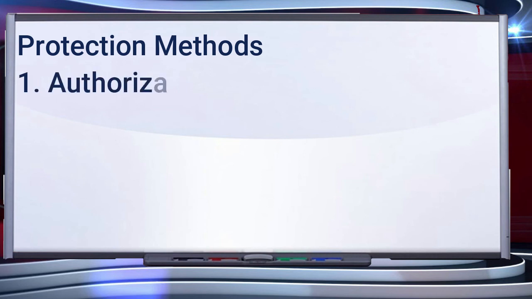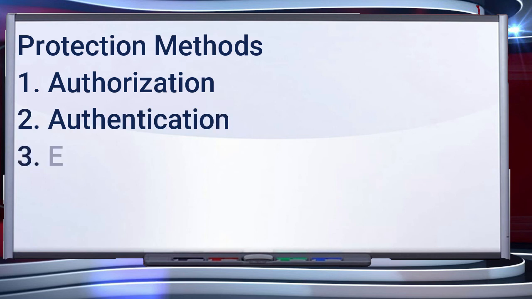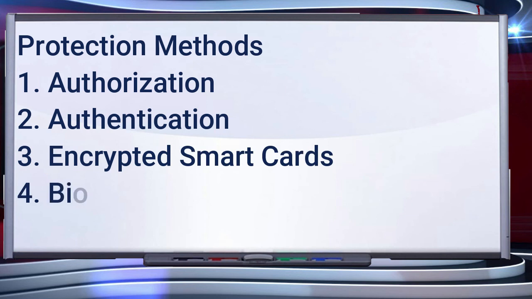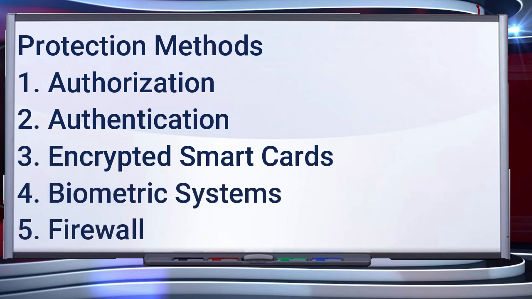To counter or reduce the security threats received under this category, many protection methods are used. These protection methods are discussed briefly in the coming lines. First is authorization. Authorization determines whether the service provider has granted access to the web service to the requester. Second is authentication. Authentication ensures that each entity involved in using a web service, the requester, the provider, and the broker, is what it actually claimed to be.